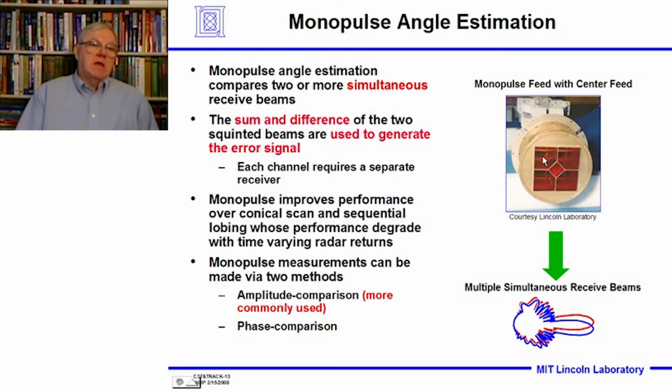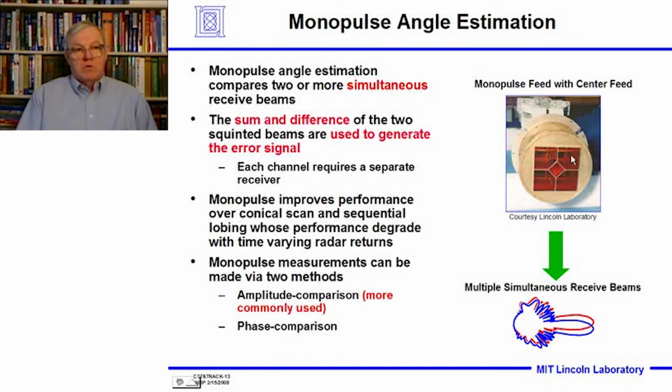And here we see at the feed of a parabolic reflector, 4 different feeds. There's one in the center that was for a different frequency, but we have 4 different feeds. The two upper feeds generate a sum for the elevation, and the two lower ones a sum signal for the